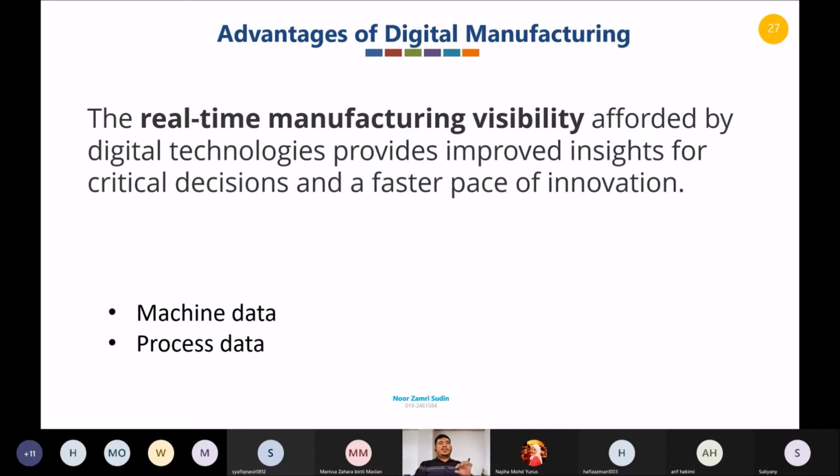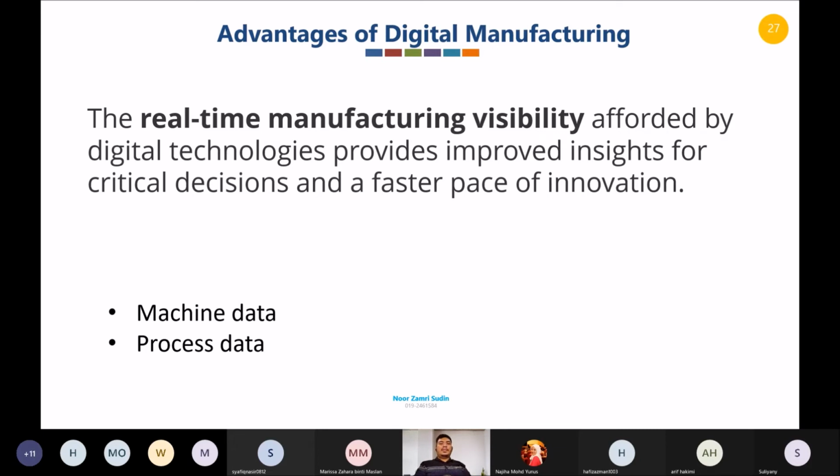Real-time manufacturing visibility is what industry wants right now. The boss can monitor their manufacturing line anytime he or she wants. This is an advantage of digital manufacturing.